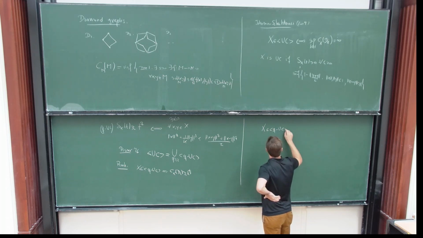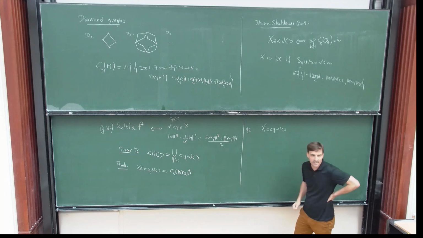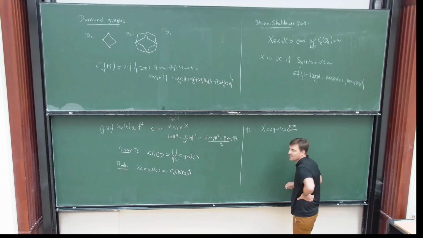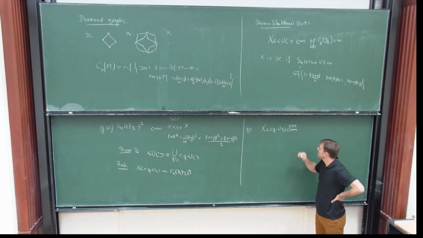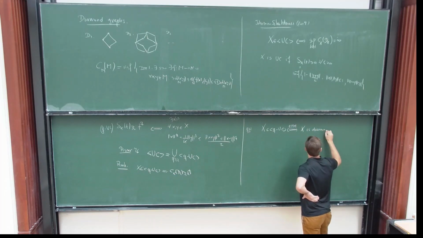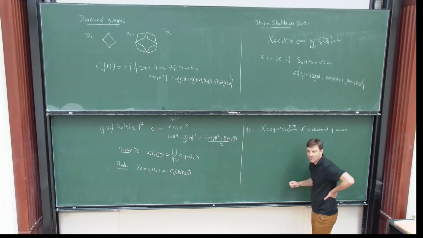Now you fix Q bigger than 2 in this case. And so this is due to Alexandros Eskenazis, Mendel, and Naor, that this is true